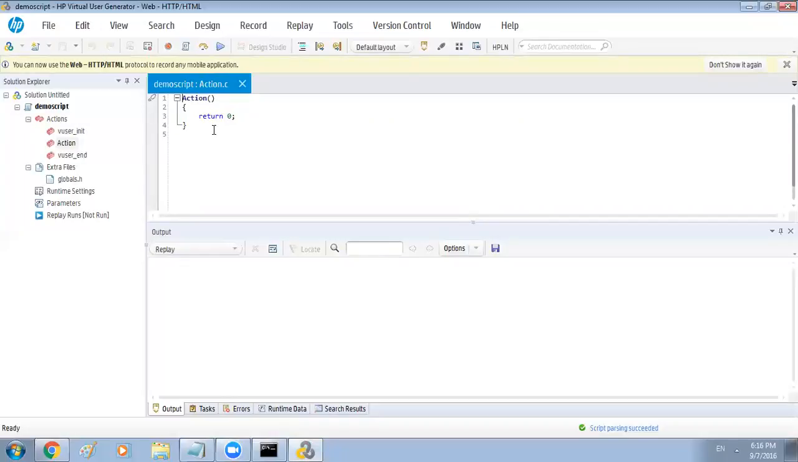So in this demo script, we have these sections. Here we can put the code for the login. We have the action, where we can put the code for the action, and then we have the end, like the log off, for example. Well, today we will see the basics. So if you want to record